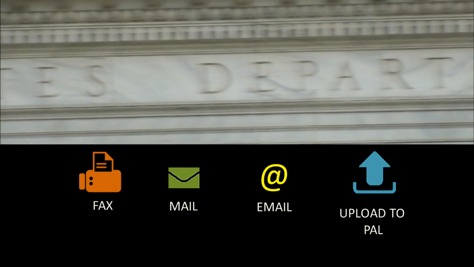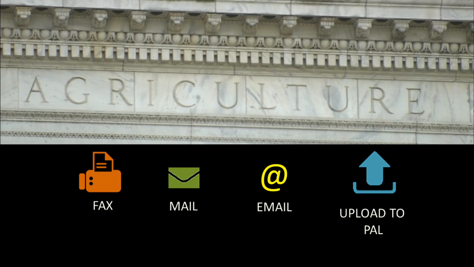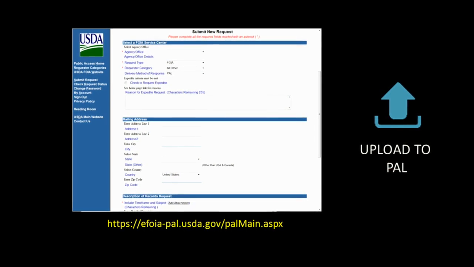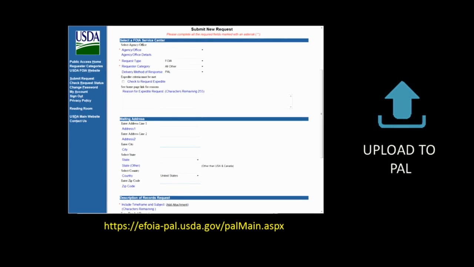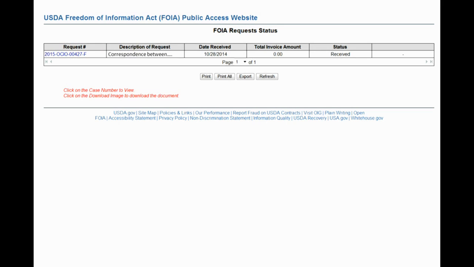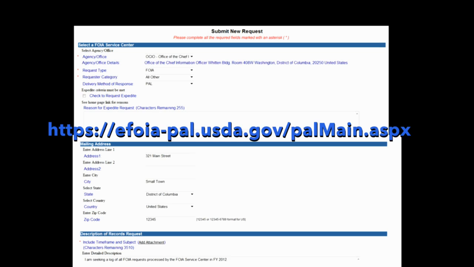The Department has several ways in place for you to file a FOIA request. You can mail or fax it, or send it by email. However, we recommend that you submit your FOIA request online via our Public Access Link, or PAL system. When you submit your FOIA via PAL, you can check the status of your FOIA request online and receive the records you are requesting directly from the system. You may access PAL at